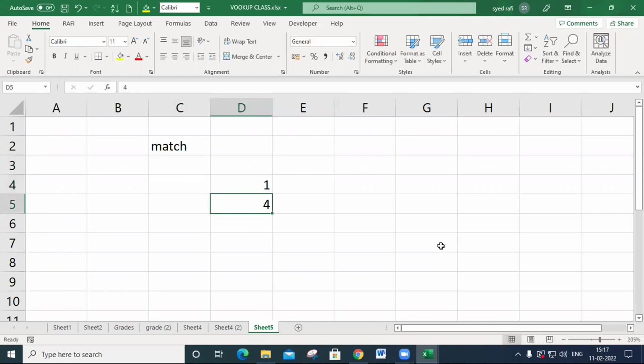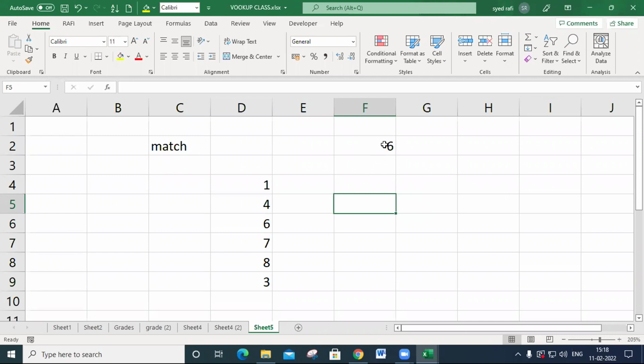I take some values like this here, I give some six values. MATCH is a function which returns the position, depending upon the lookup value.